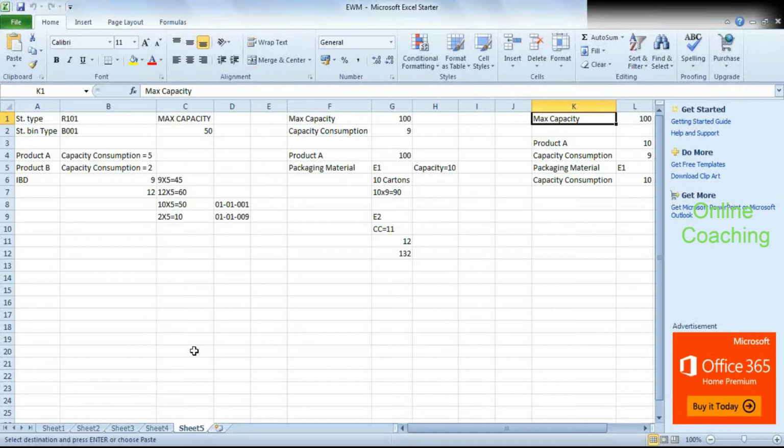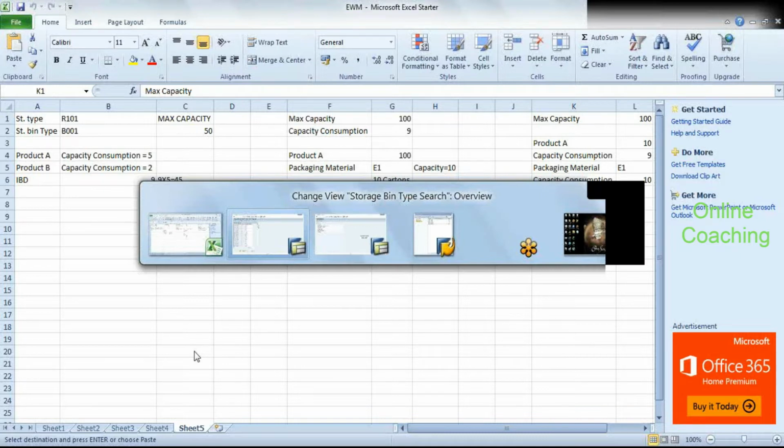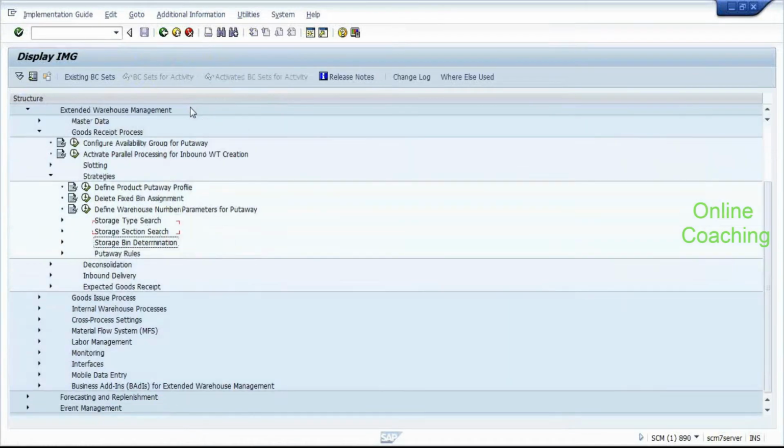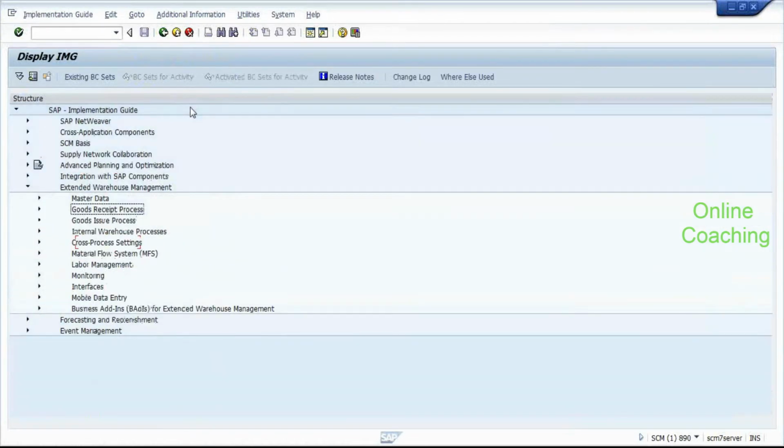Whenever we try to do a goods issue, an outbound movement in ECC, we've got specific movement types, right? Specific movement types which aid us in completing the operation. Just like we have those movement types in ECC, the same way we've got movement types in EWM also, I mean the warehouse process types in EWM. So when you're talking about an outbound movement, or stock removal or stock retrieval, in that case we've got